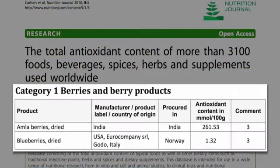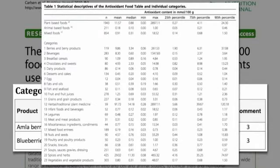Dried Indian gooseberries may be the healthiest snack on the planet, 200 times the antioxidant content of blueberries, so most antioxidants per serving, but ounce for ounce, dried herbs and spices pack on average the greatest antioxidant punch. For example, herbs and spices may max out at 10 times the antioxidant power of nuts and seeds. But look, it's easy to eat an ounce of nuts, not so easy an ounce of nutmeg. But look, some herbs and spices are so off the chart amazing that even just a small pinch can go